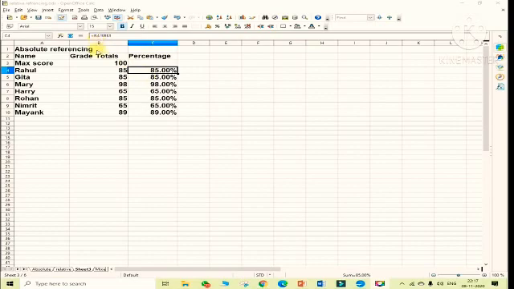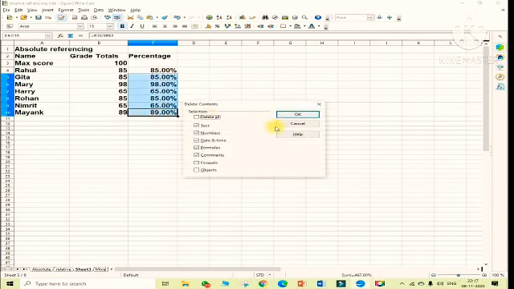Then $B$3 means the maximum score is present in B3. So to find the percentage of a particular student, we use the formula: student marks divided by $B$3, the maximum score, which is 100.